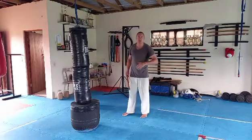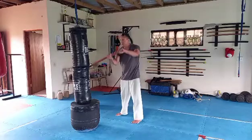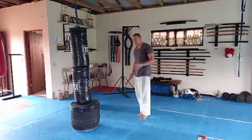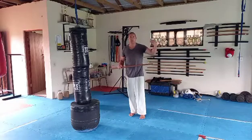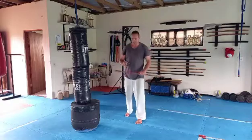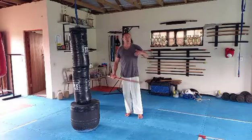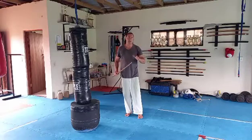And with this exercise, be creative. Don't let go of the weapon, but feel how you flow from one strike into the next. Also remember, yes, this represents a bladed weapon, but from a self-defense perspective, we'll be replacing this with a baseball bat just now, or a single strike. The whole idea behind this is for self-defense, and the likelihood that you're going to have a bladed weapon is